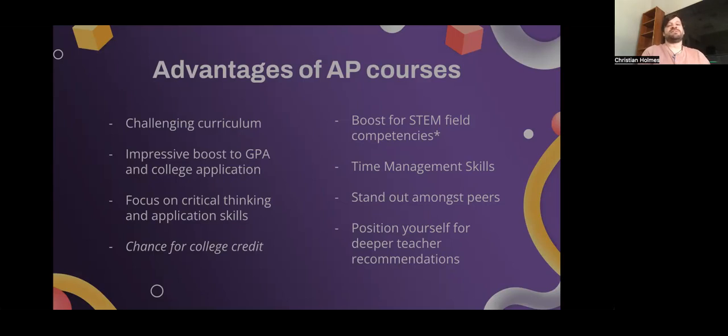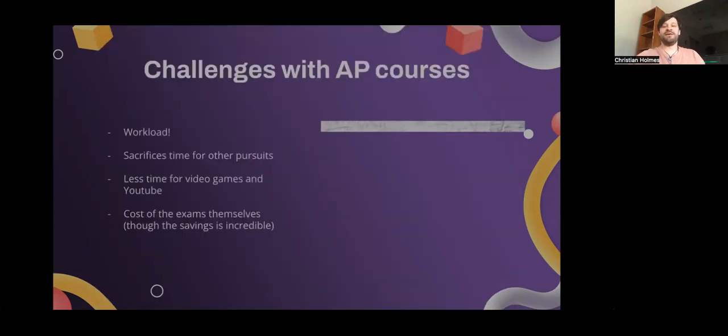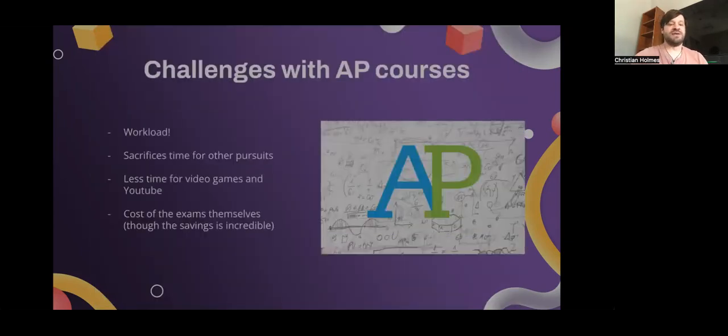You'll stand out amongst your peers, and you just can't beat a class of 15 students and an AP level teacher in the same room, for lack of a better way to say this, grinding together, because these classes are tough and your teachers understand this, and you will have outstanding glowing recommendations at the end of it. So moving on. I'm going to skip these 2, but there's lots of research that says AP courses are even worth it, even if you don't pass the exam, and that's what I just kind of skipped across.